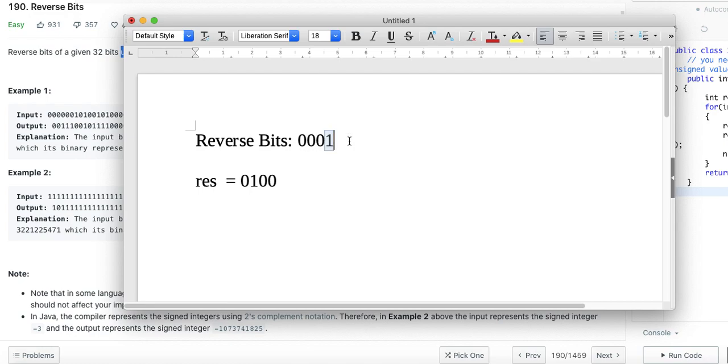Now I get this 1, so I have to get this bit and set it here. This is how you can do it, and then when shifted it gives the answer. So you go on shifting the given input to the right, get the rightmost bit and set it to the result, and keep on shifting the result. This way you can optimize this.